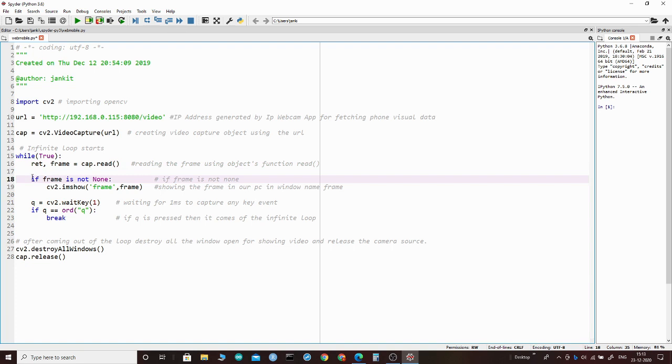Now we'll check one thing: if frame is not None, meaning whether there is a frame or not. If there is an error, then the frame will be None, and if it is able to read the frame correctly, then the frame will be not None. So if the frame is read correctly, we'll call this function